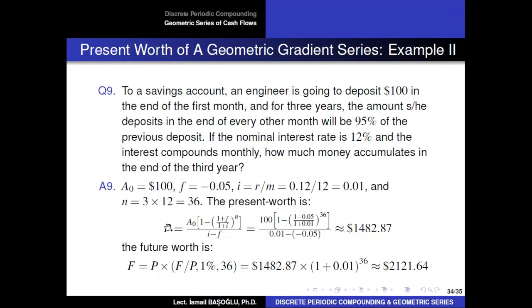The present worth will be calculated with this formula because the rate of change in the cash flows is not equal to the effective interest rate. They are different. And you will realize that here, when you plug in the rate of change as minus 0.0